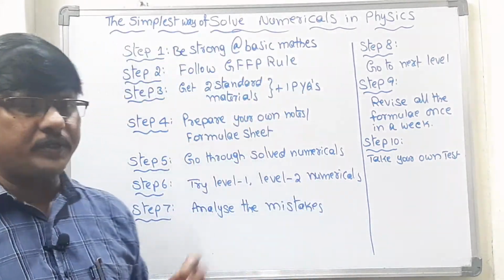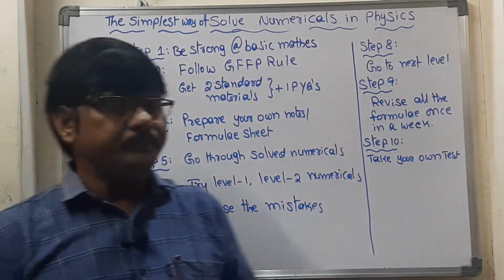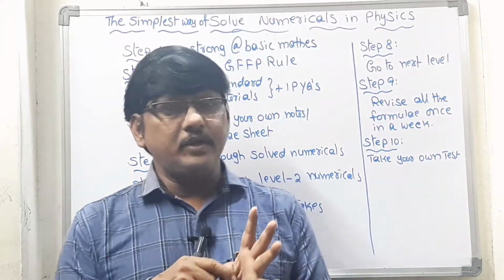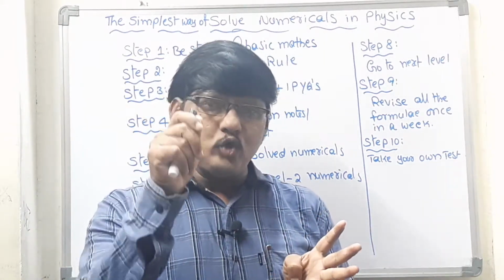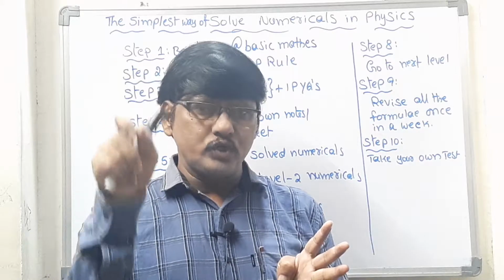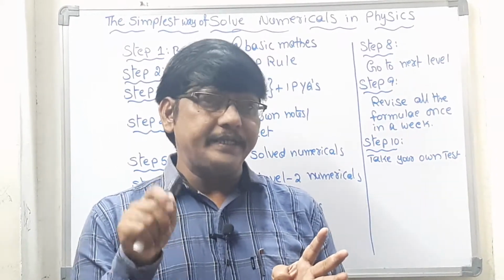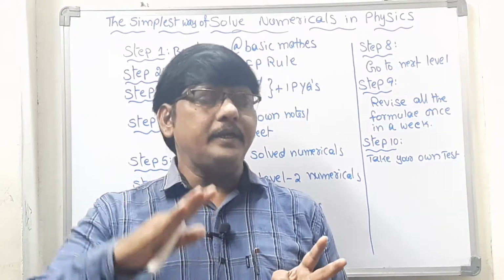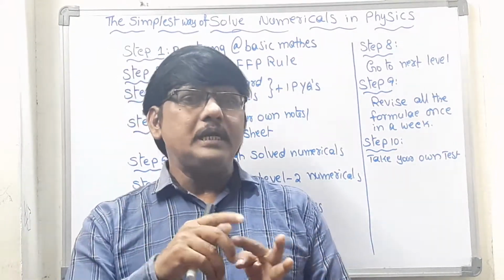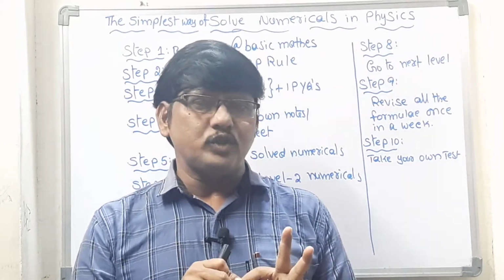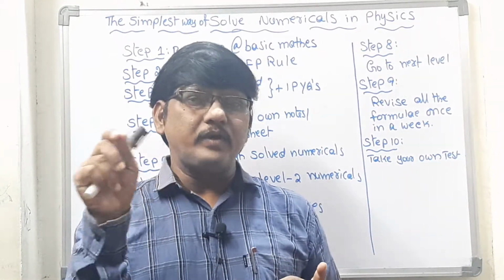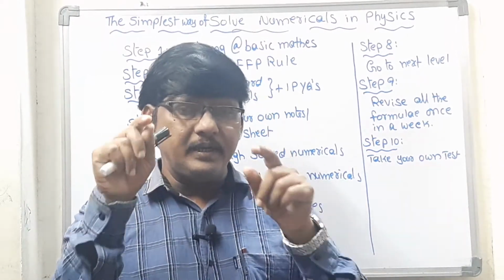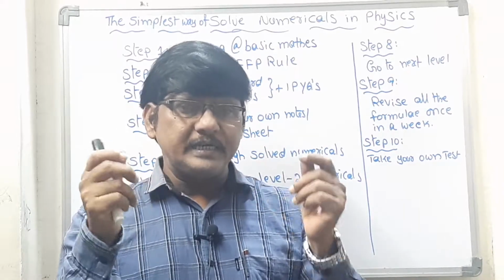Now, what is the preparation method? First, go through the first standard book, and while going through it, write your own notes. It is most important. You have to prepare your own notes, and keep another book in which you write the formulas. Use color pens for highlighting the formulas and terms, because the mind's perception and receiving will be different depending upon the colors.